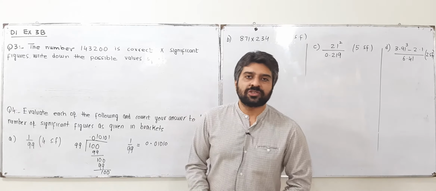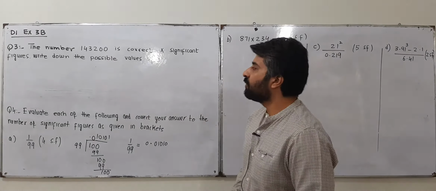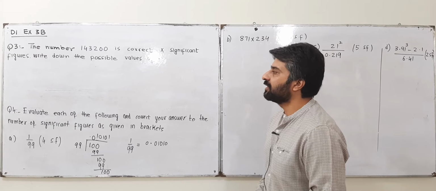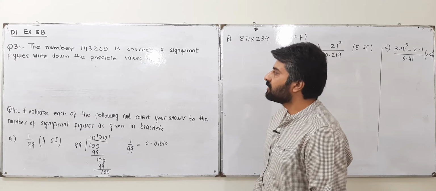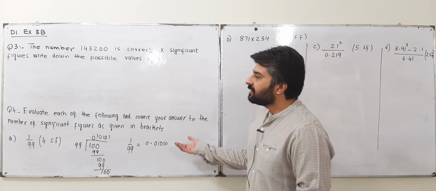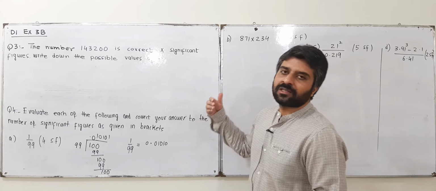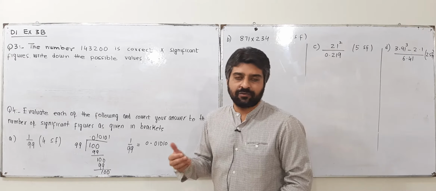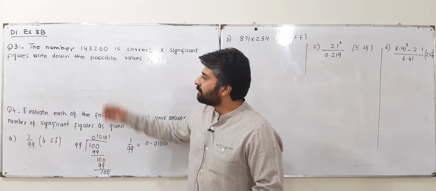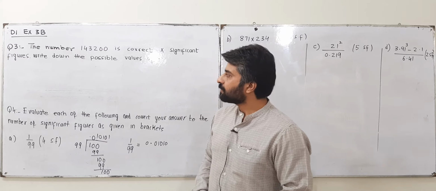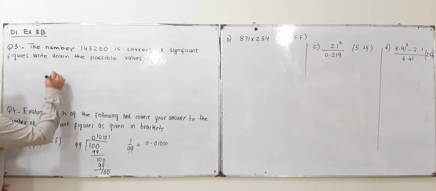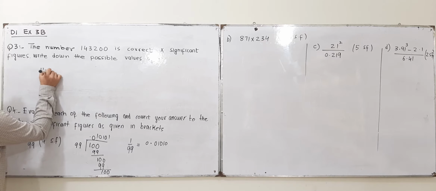So let us start from question number 3, and that says the number 143200 is correct to x significant figures. Write down the possible values of x. That is, you have to write down the possible values of significant figures that are present in this number 143200. While looking at the number 143200,